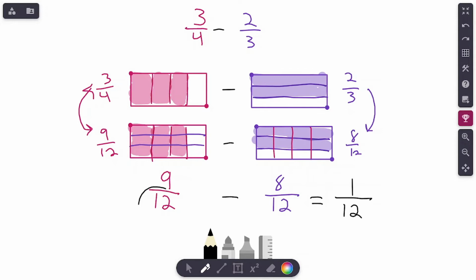But what we really care about is these denominators. They are the same. Once they're the same, it is so easy for us to solve. We just do 9 minus 8 is 1. Denominator stays the same. And we get an answer of 1/12. So,